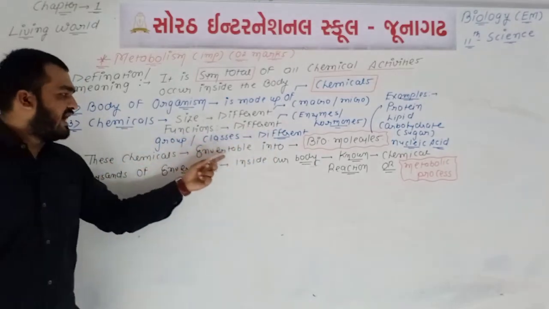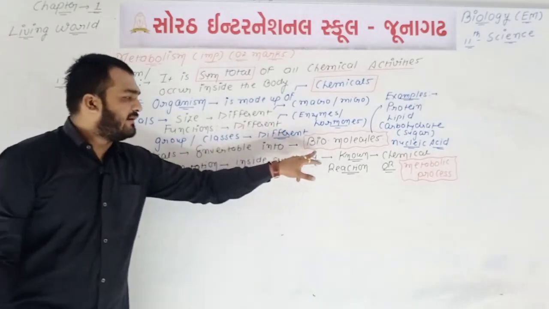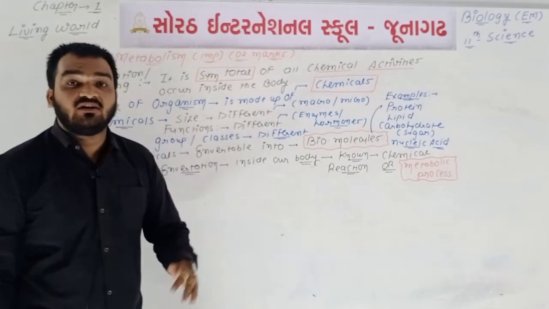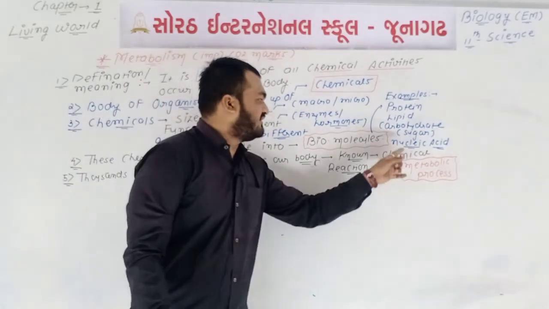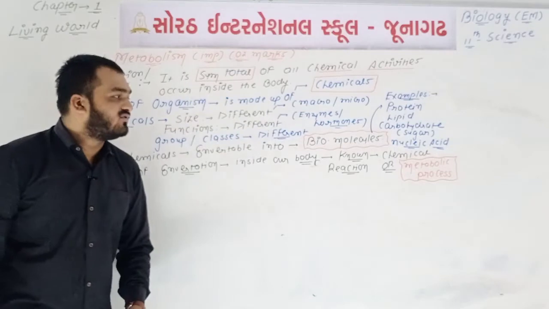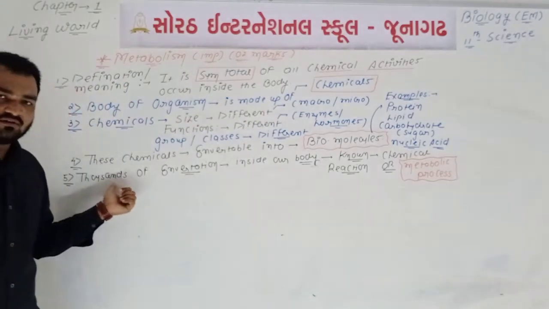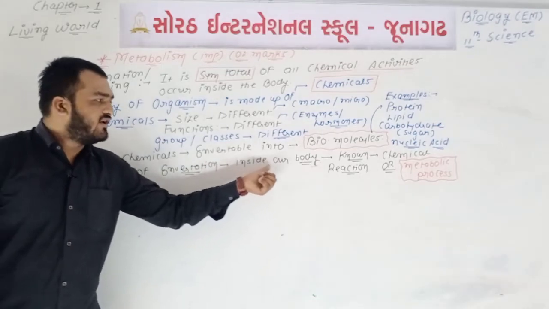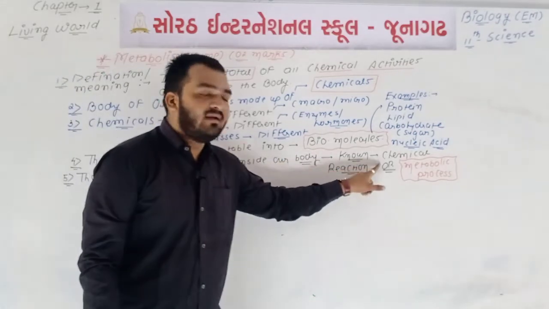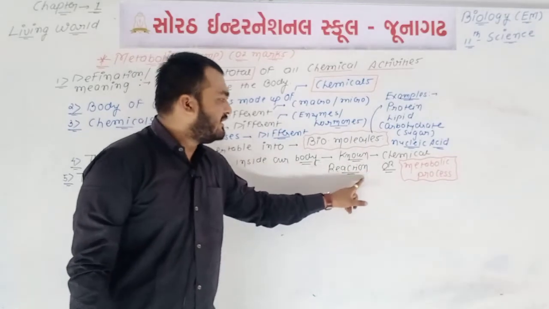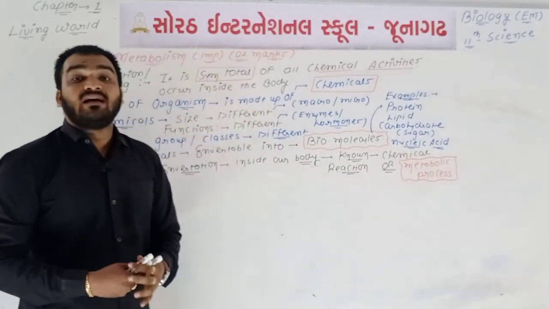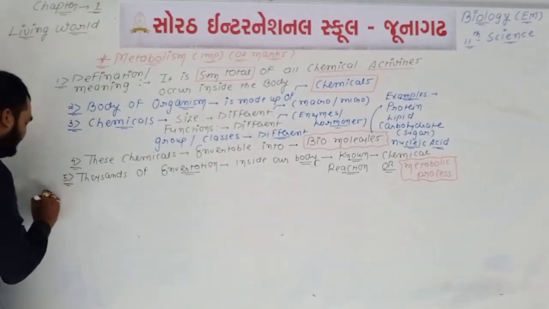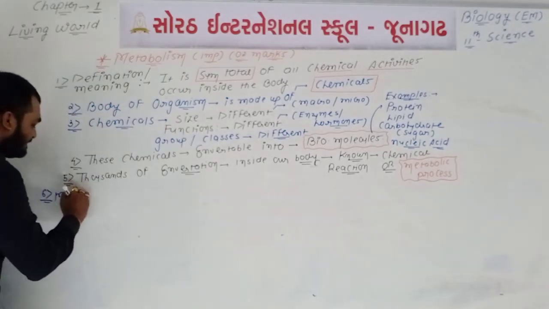These chemicals are convertible into different types of biomolecules like protein, lipid, carbohydrate, meaning different types of sugar like glucose, starch, and nucleic acids like DNA as well as RNA. So thousands of conversion processes occur inside our body, which are known as chemical reactions or chemical processes, and these are known as metabolic processes. Okay, point number 6, we can say that this metabolic process